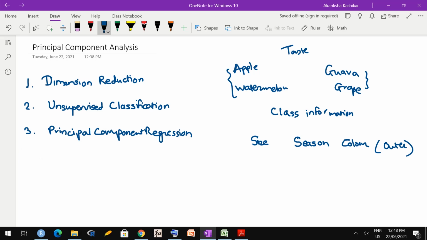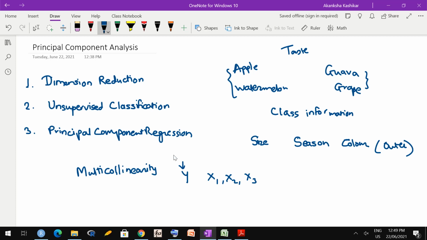Third use of principal component analysis is for what is known as principal component regression. Okay, so what is this? In regression, you might have, or in future you might come across a word called multicollinearity. Now what is multicollinearity? So suppose you have a response variable y. I hope everyone knows what is regression, that much. And you have regressors x1, x2, x3.